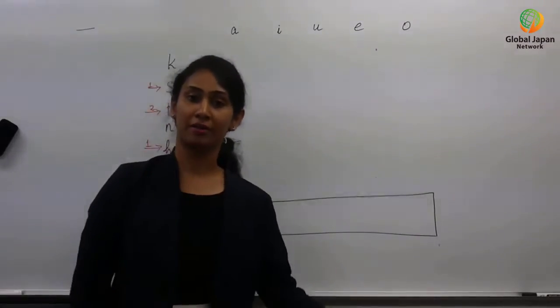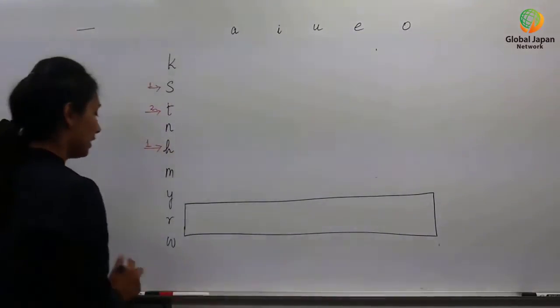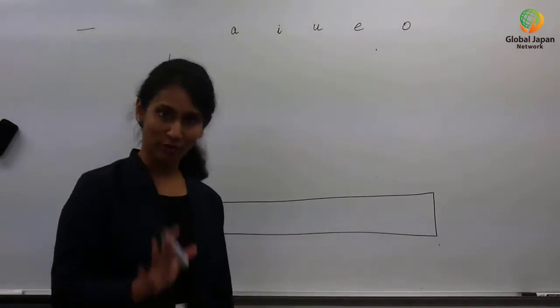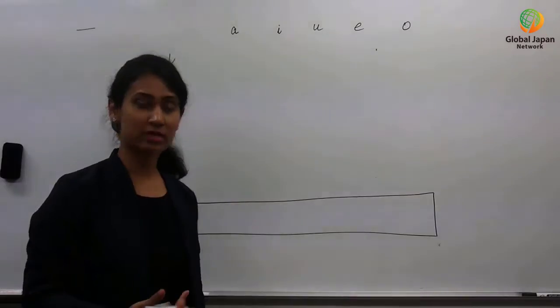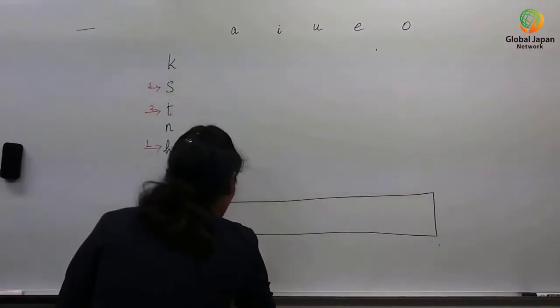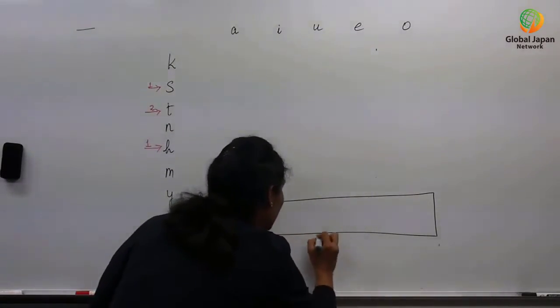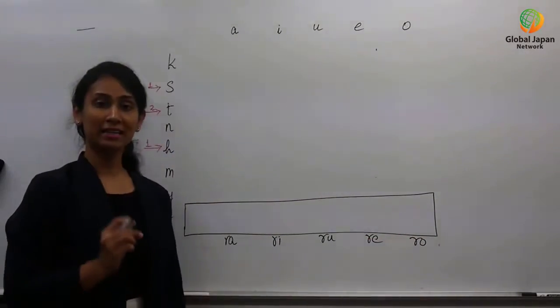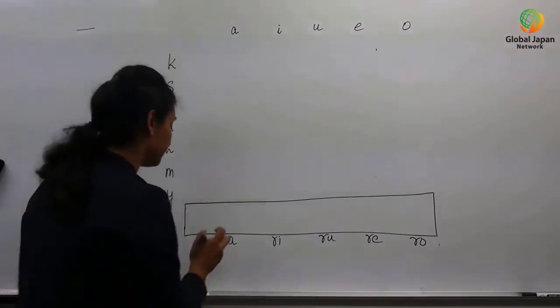Moving on to the ra line. In this, all the 5 characters are there, so your work is not reduced. You have to learn all the 5 here. Writing these sounds in English: ra, re, ru, re, ro. Writing them now in Hiragana: